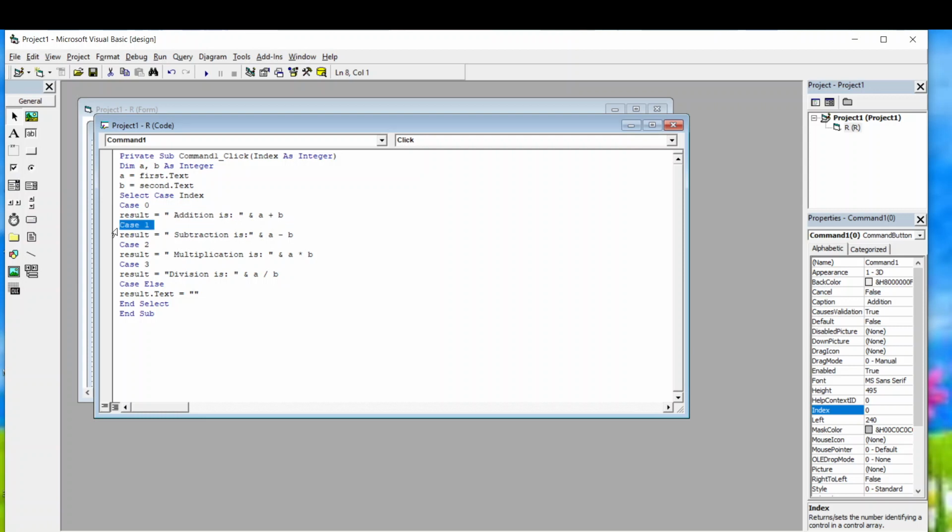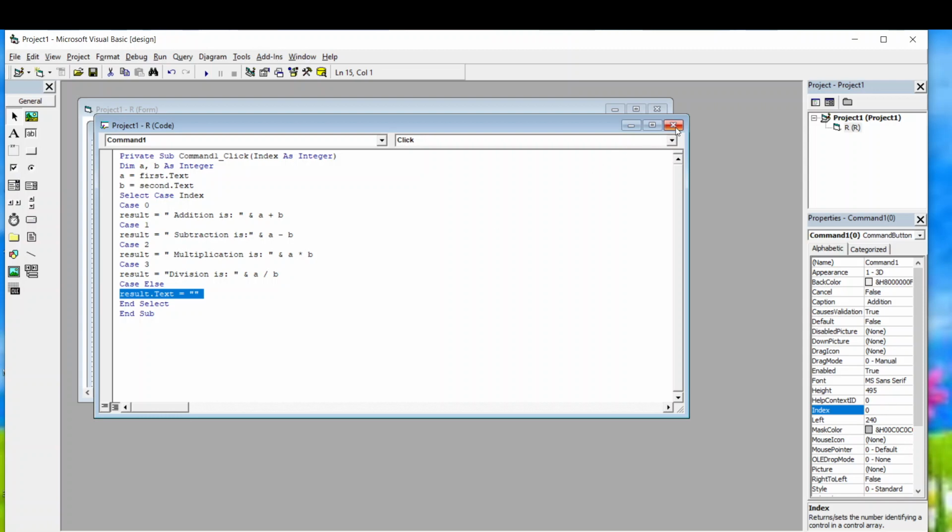In case 1, the index value of the next button is 1. Here I'm performing the subtraction operation. Likewise, for case 2 I'm performing multiplication, and for case 3 division. And if I press none of these options, if I press clear, that is my last button, the result box gets cleared.